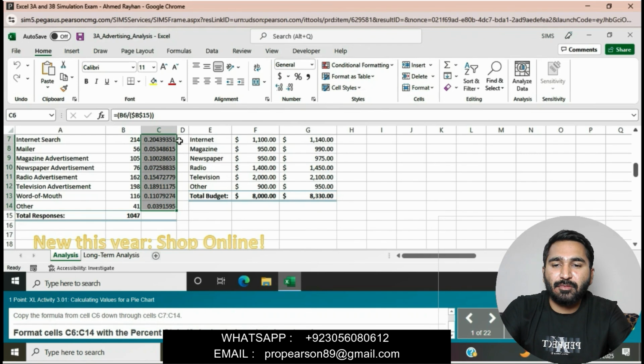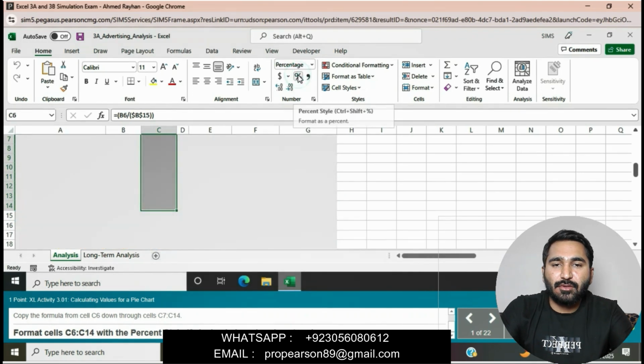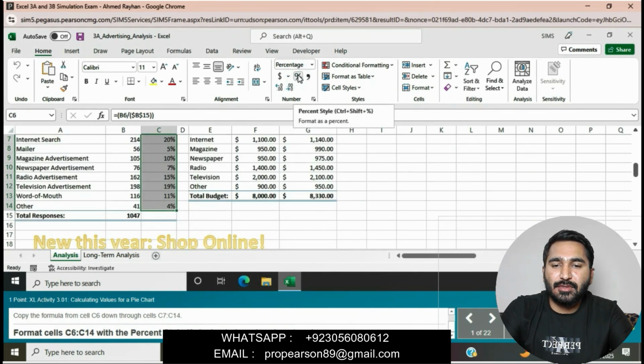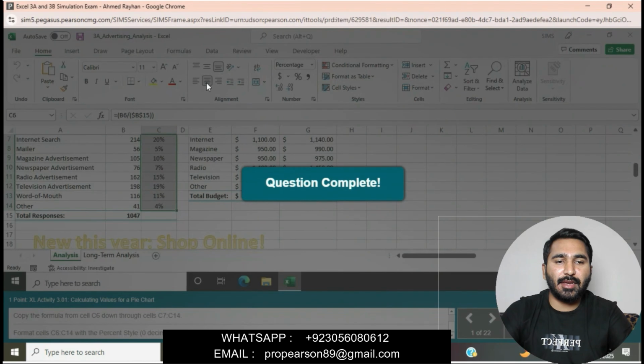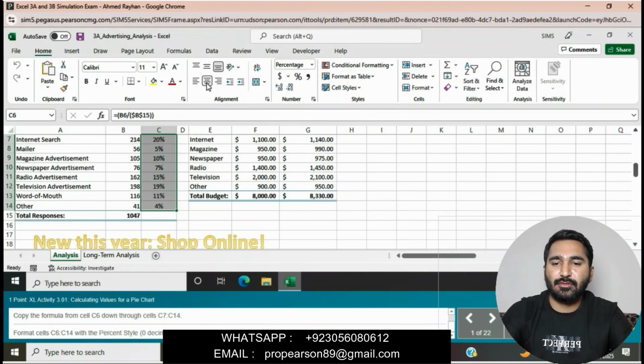In the Number group we will click on percent style with 0 decimal places, and then go to the alignment group and apply center alignment. The alignment question is completed now.